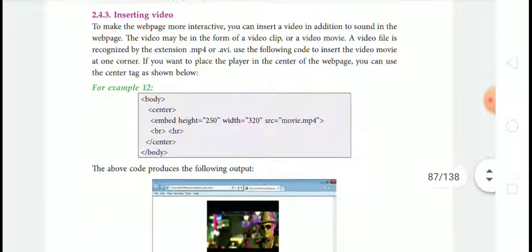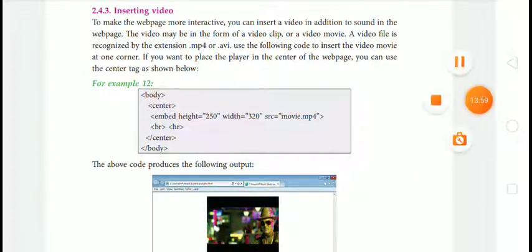Next point is inserting video. For example, body tag, center, embed height equal to 250, width equal to 320 and src equal to movie.mp4. Then br tag, hr tag, then close the center tag, then close the body tag.